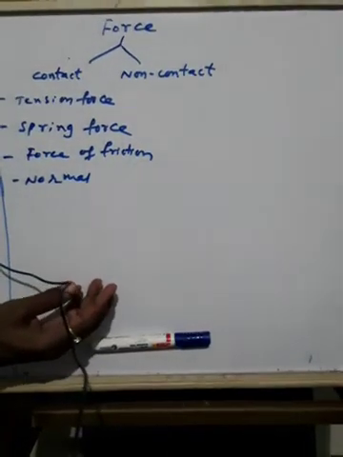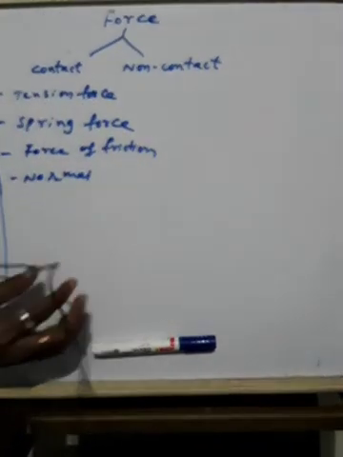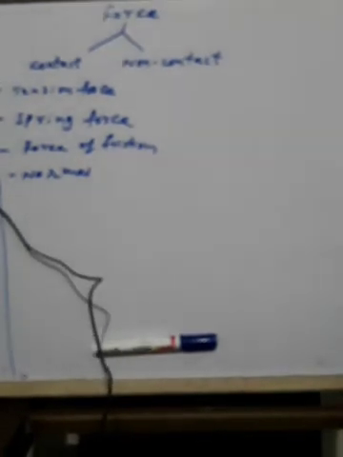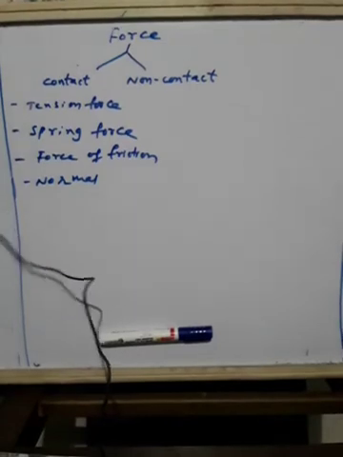So that's what I told, we have four types of contact forces. And then what is non-contact force? Some forces do not involve physical contact between two objects. There is no physical contact between two objects. The best example is the Earth rotating on its axis. And when you throw an object upward, it will come towards the Earth. That is gravitational force. Okay. So they act at a distance.